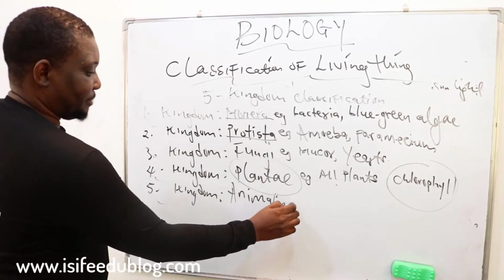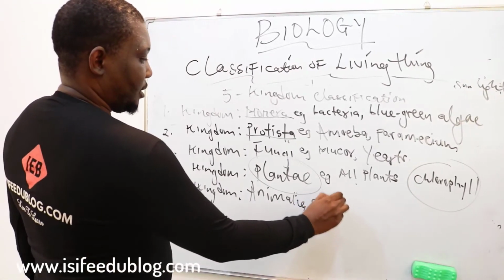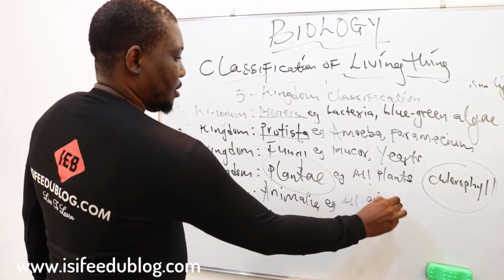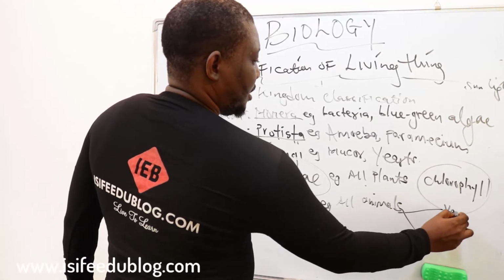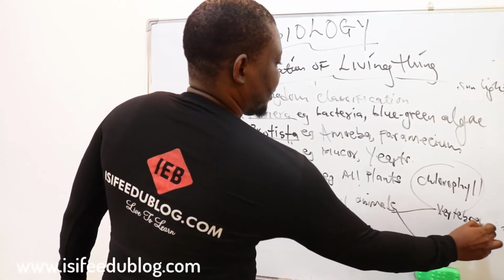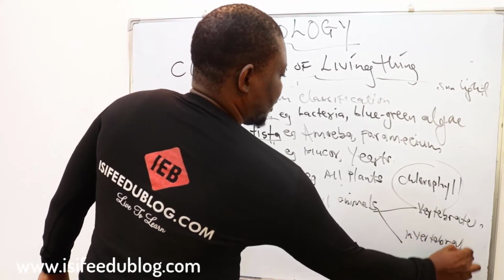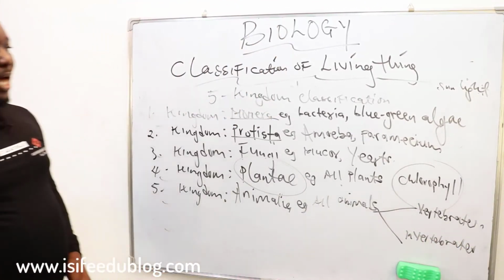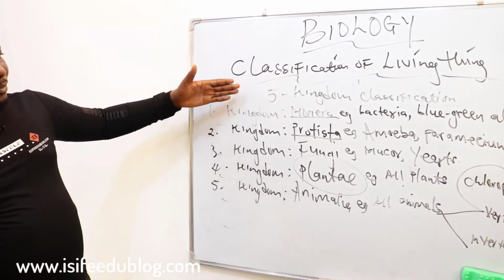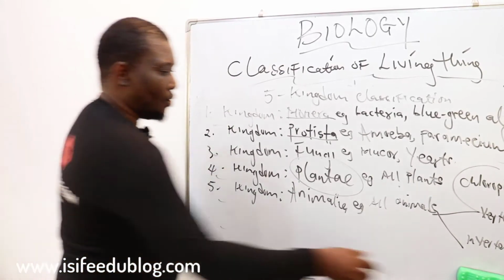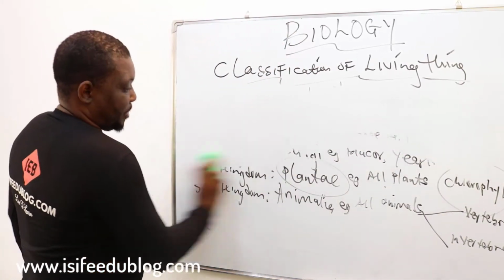And the last but not the least is Animalia. This one is all animals. The two categories of animals we are going to be discussing are those of the class of vertebrates and invertebrates. Vertebrates and what? Invertebrates. But before this 5 kingdom classification, what biologists considered in classifying organisms was based on